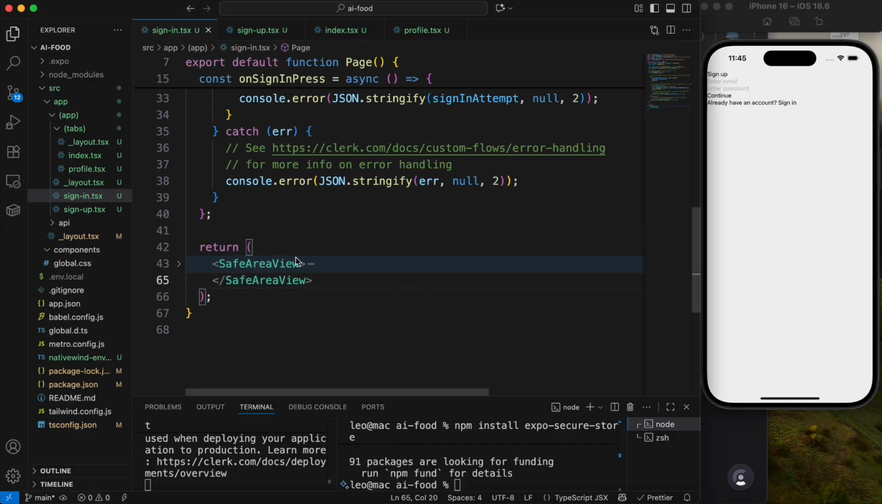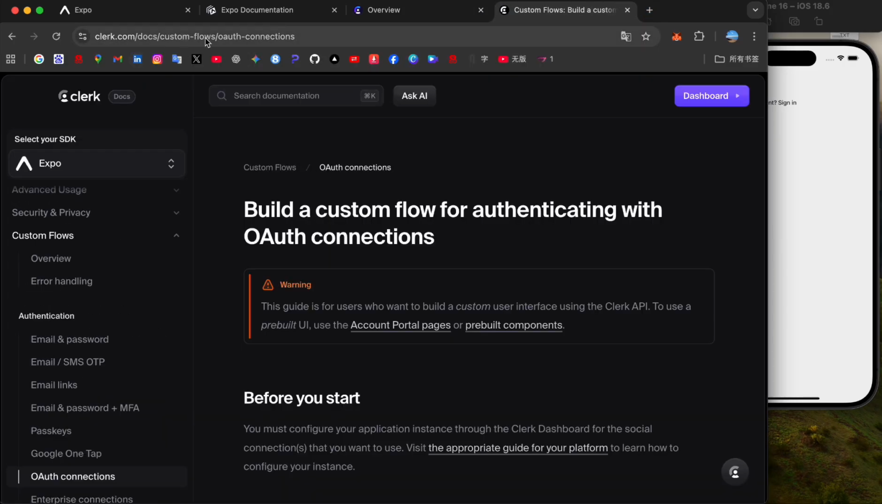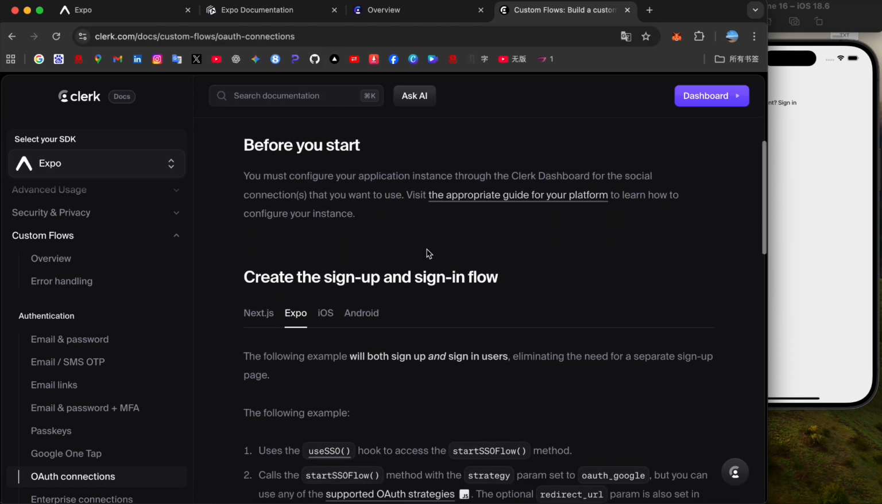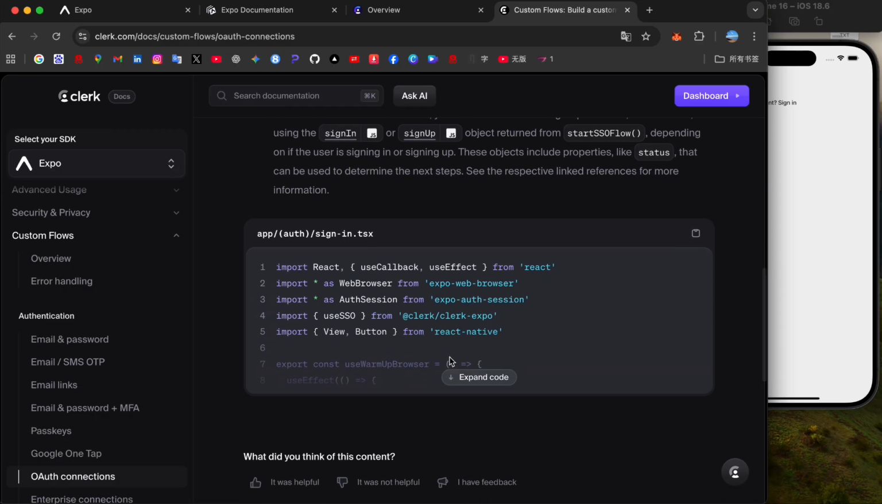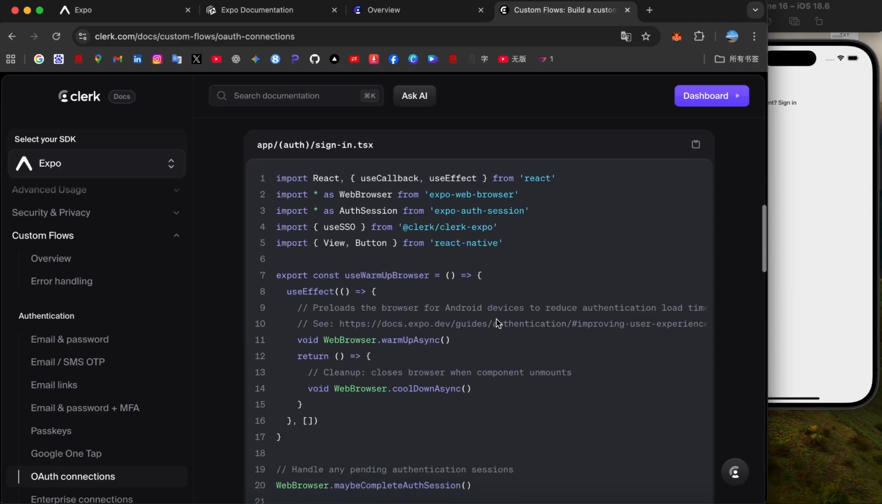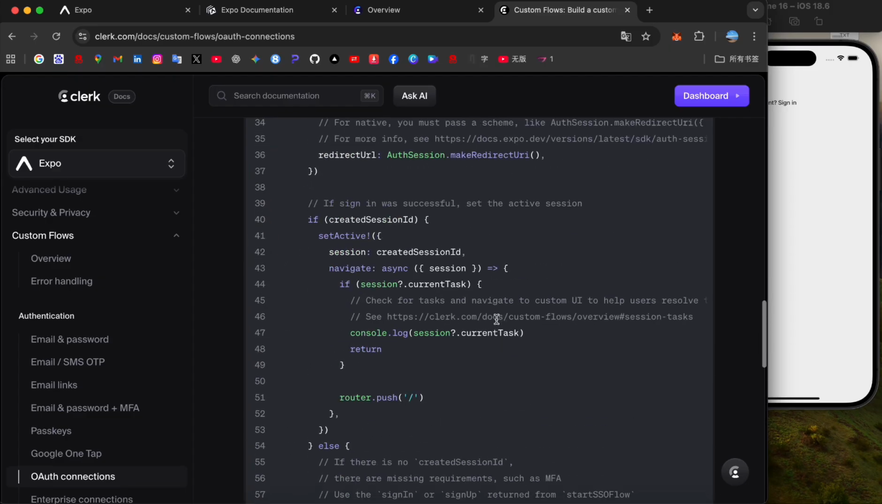That's it. And next, we need to add a Google login. For the Google login, we need to go to this page: Clerk docs, custom flows, OAuth connection. Choose Expo here. And this is a sign in, so we copy this file